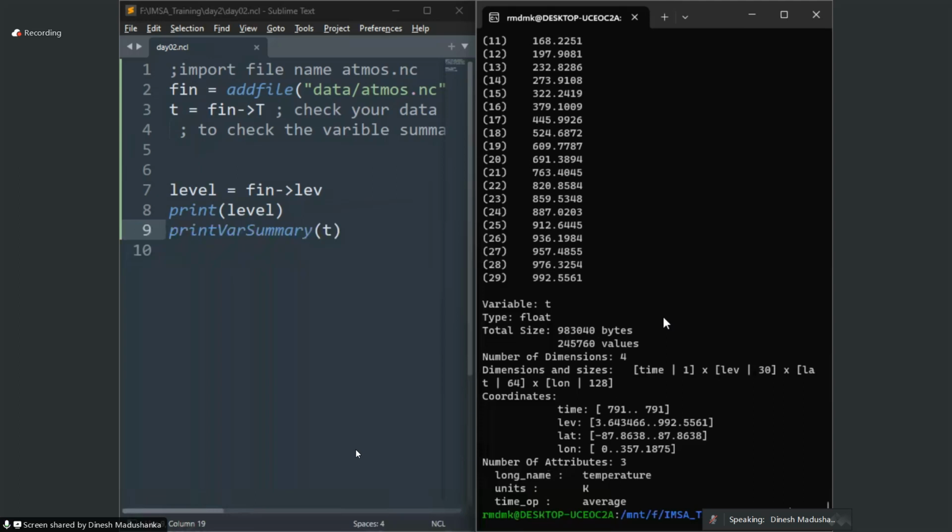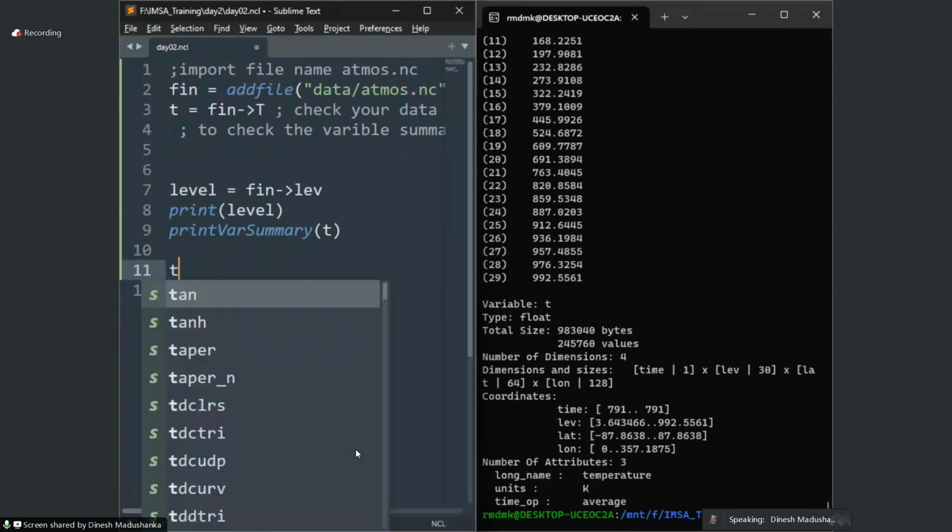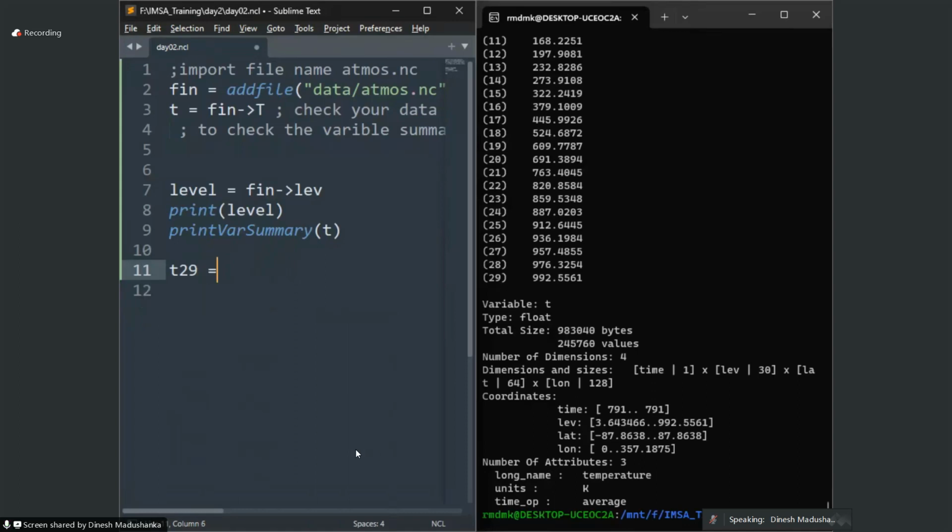So you can try to do this part also. In your script, you can try to do the subscript part. It's called the subscript T. So if we need to do the subscript, now I already imported my temperature in here. So I need to subscript it into a specific level. So I will subscript this one into T29, the 29th level, equal my simple T, because here I mentioned all the